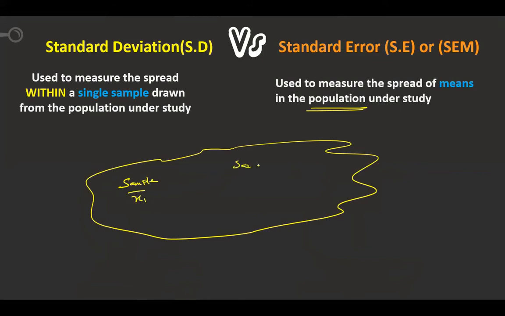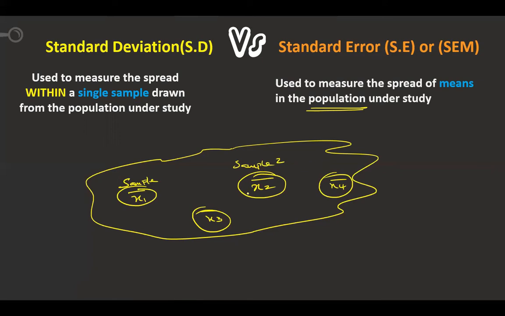For this, I'm having a sample 2 here. That is also nothing, right? It's a group. Instead of sample, I can call it a group. Now it is having a mean. Now how are these means spread? What is the difference between the means? A single number within a sample is the standard deviation. Now the means, I am finding the spread of means in the population, it is the standard error.